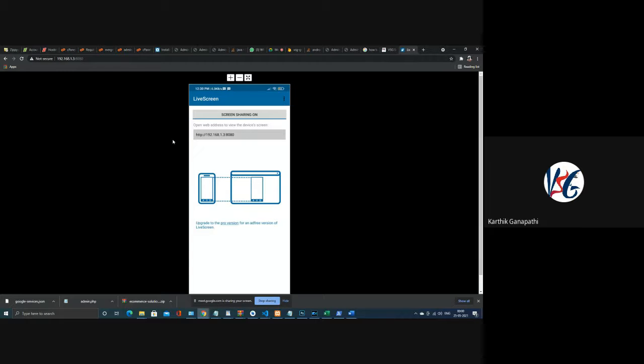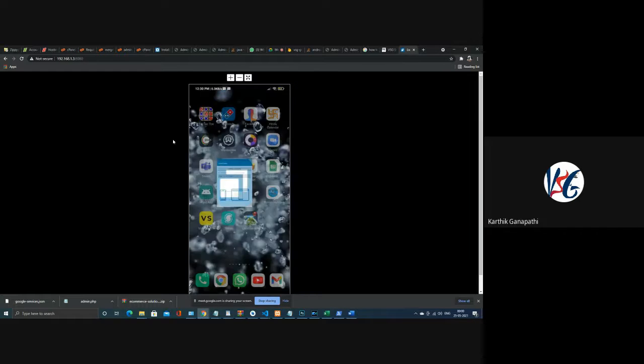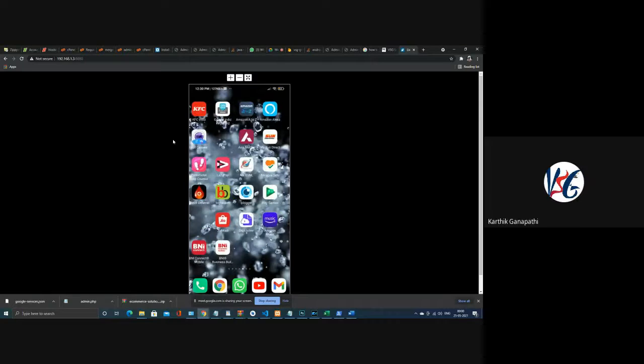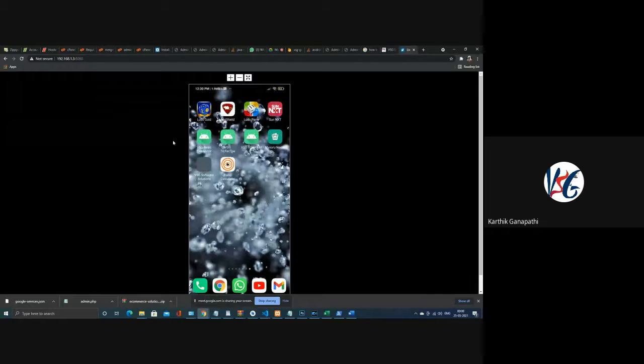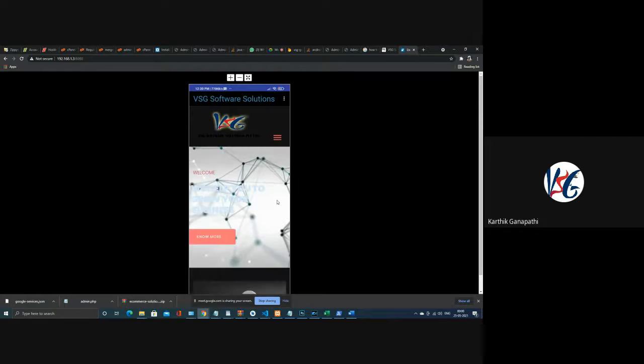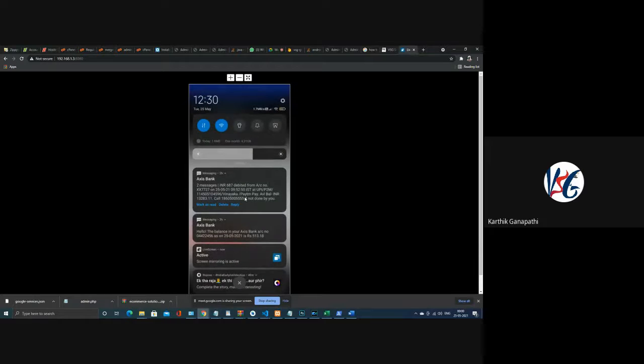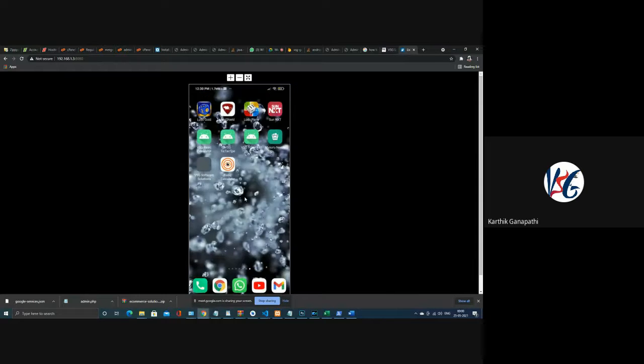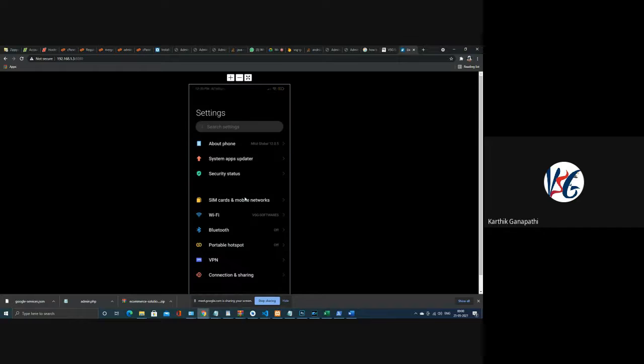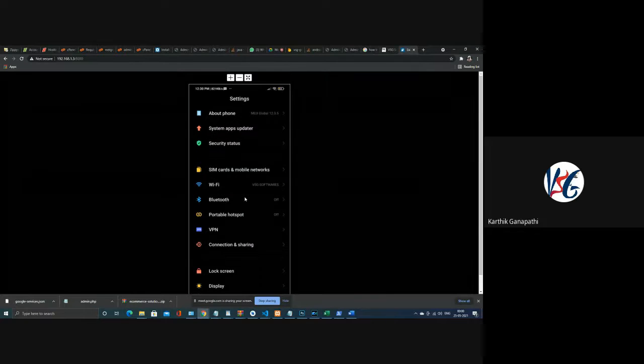Now you can see the screen, right? Yes, sir. Now, if I open this application, as you can see, it just displayed the contents. For a better view, let me change the settings of my screen to lighter mode, so it will be easy for you to view.